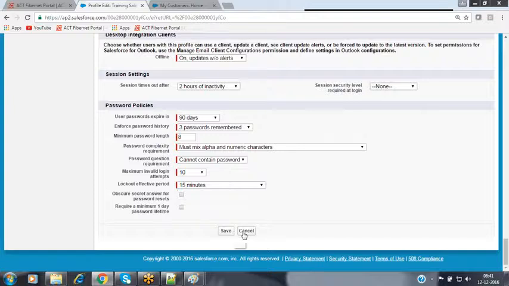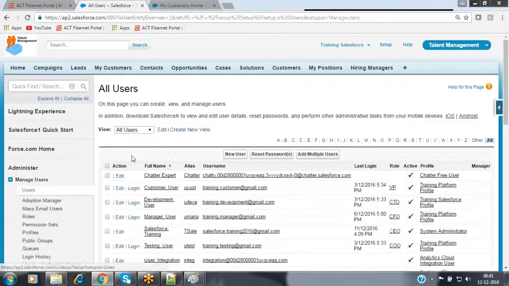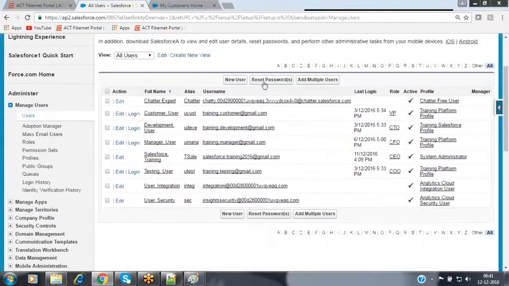Now, in this kind of scenario, how can we reset the password for the users? When you go to the users as an administrator, you will have a button called Reset Password. If any user is facing a problem logging into the application, they will raise a request saying they are unable to log in and ask you to reset their password so they can change it again.